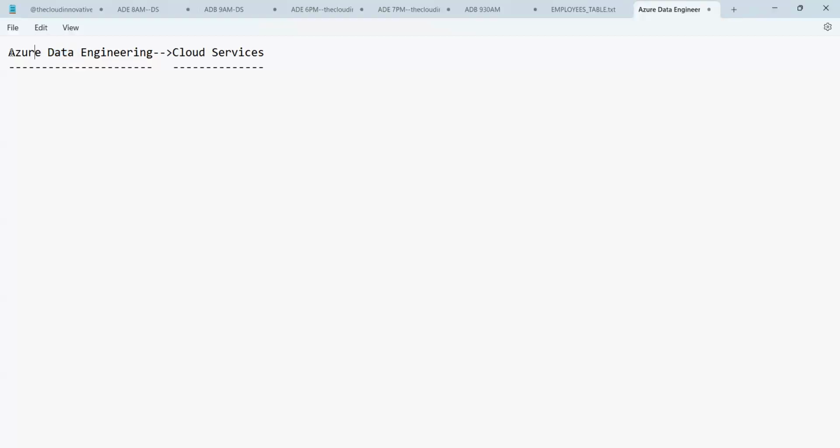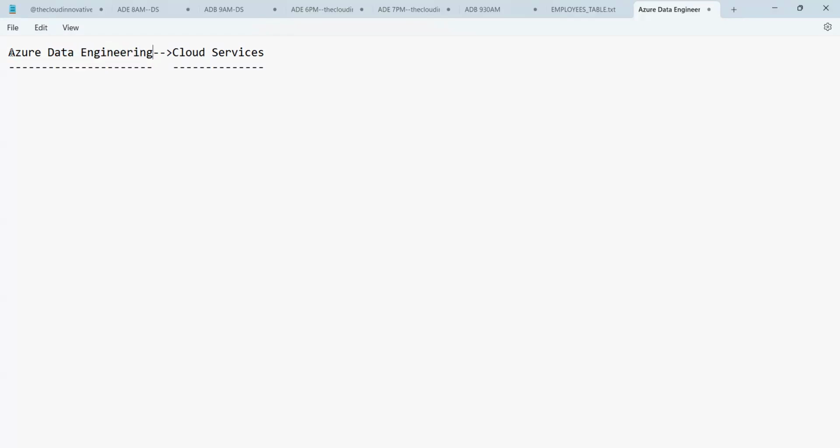Azure is the name used by Microsoft for, data, that is information, engineering.